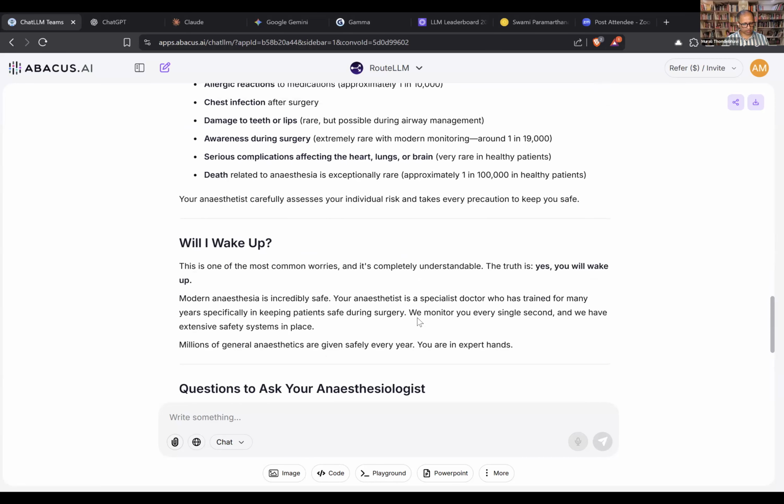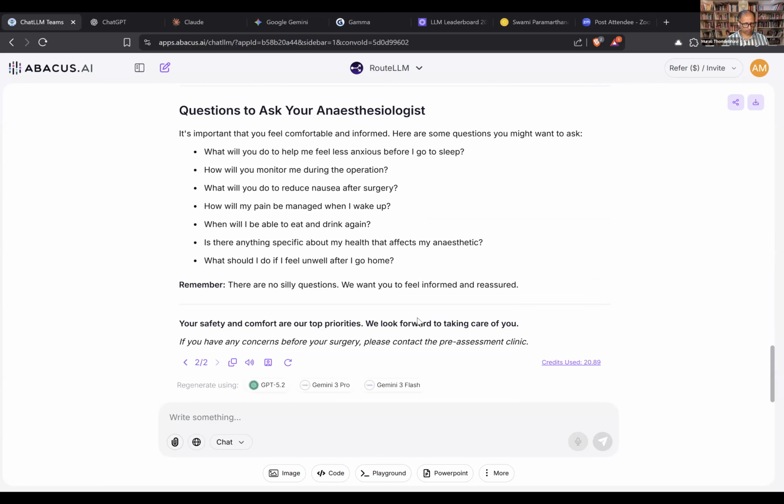But this is the difference between giving a good prompt and something like just saying, give me a patient information leaflet. It won't give you this much of a detailed output. Now, the second prompt which I wanted to show you was summarizing a complex guideline. The recent guidelines which have come out in 2025 on, say, anticoagulation by ASRA. So we will take that as one of the examples.